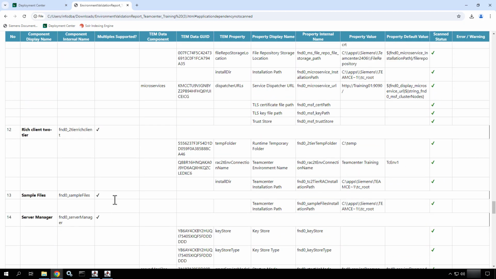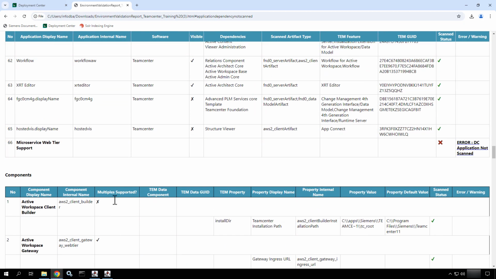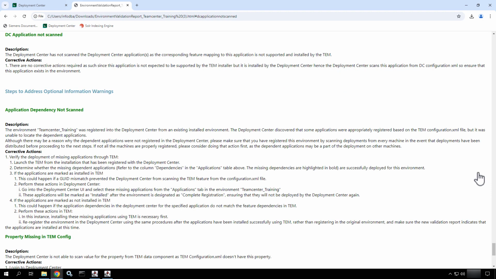Through this report, I can get an understanding of what all I need to correct in the system, and then it will also give me error messages about potential issues that'll block me from importing my environment. In this case, the microservices web tier support is not brought in. So I have an error, DC application not scanned. If I select this,